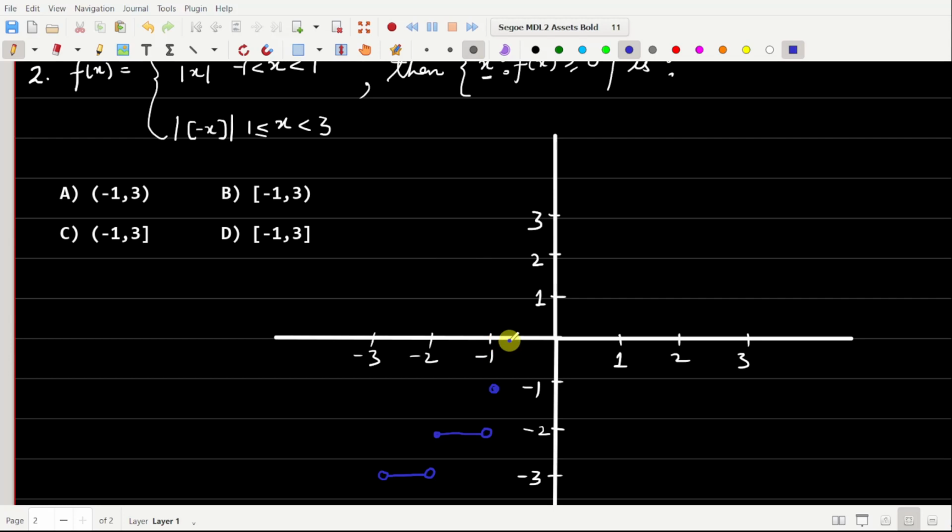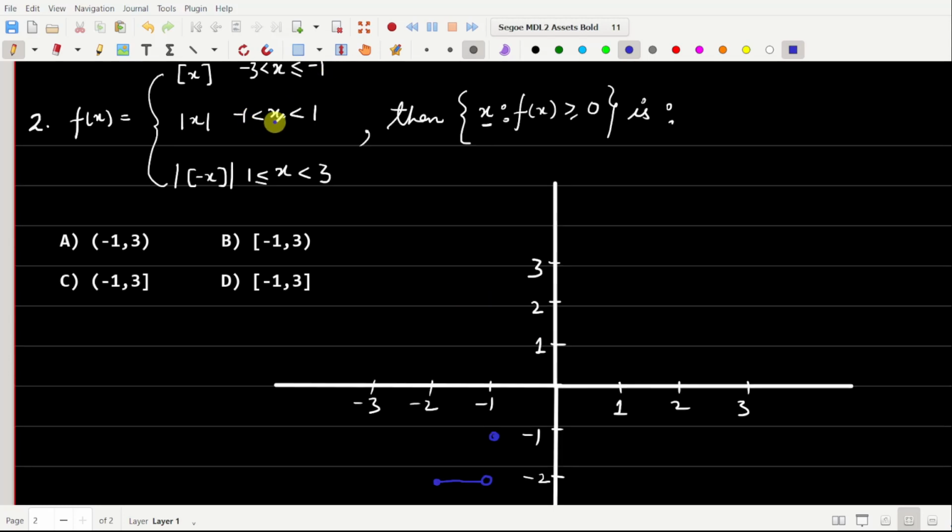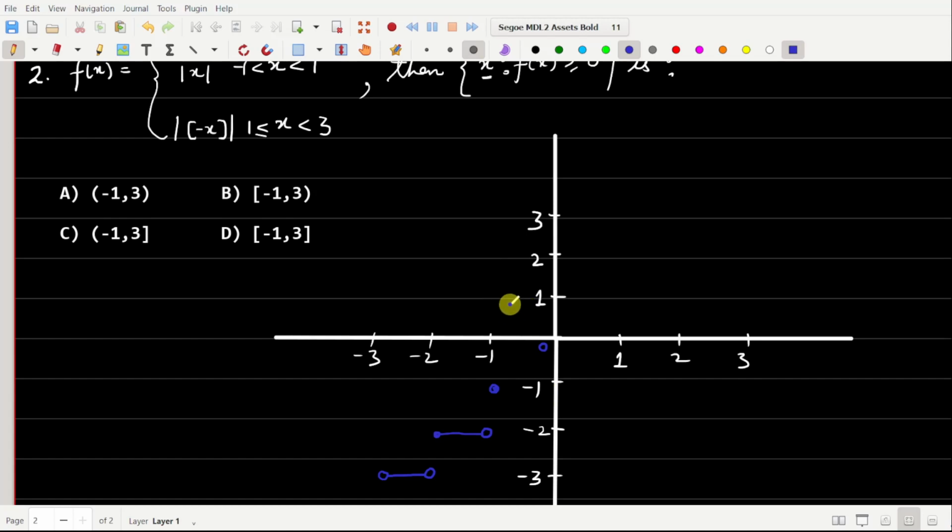Now, as soon as we move ahead of -1, my function changes. As soon as we move x between -1 to 1, my function changes to modulus of x. So how will modulus of x be drawn? This is my origin. Modulus of x is always positive. The graph you can easily draw. -1 and 1 both are not included, so this will be like